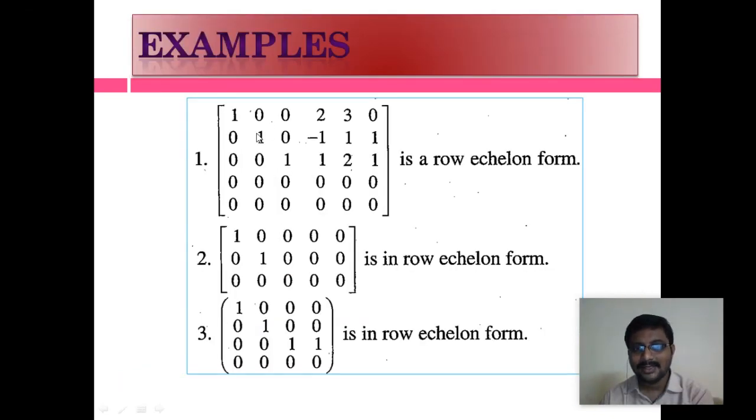The number of non-zero rows is 3 here, so the rank of the matrix is 3. Clearly the matrix is in row echelon form. The number of non-zero rows is 3, so the rank is 3. Zero rows, if any occur, should be below the non-zero rows. So what is the main difference between a zero row and a non-zero row? If at least one element of a row is non-zero, it is called a non-zero row. A row in which all elements are zeros is called a zero row.